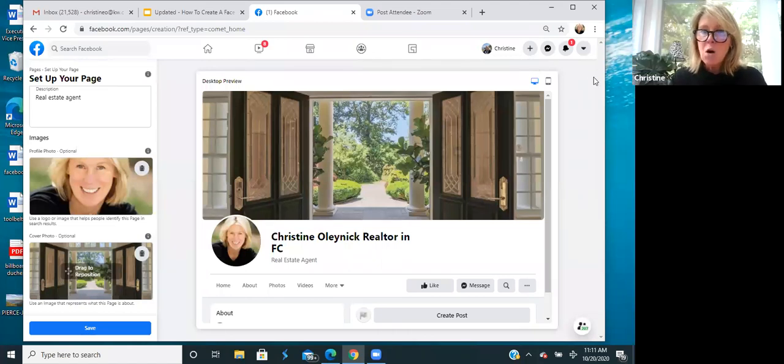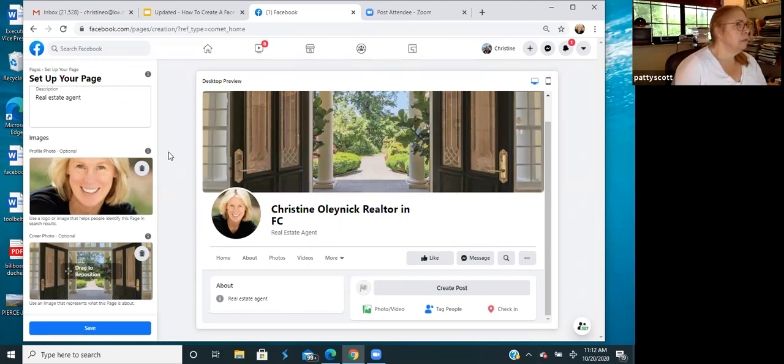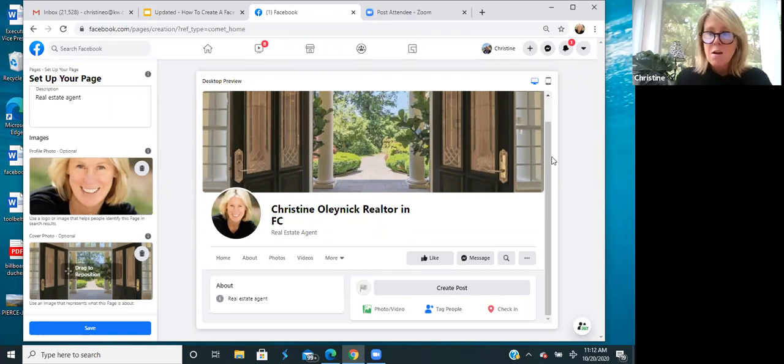Okay, so now everybody else who's on here, hold on, I'm going to move y'all over here. Has everybody picked their cover picture and their profile picture? I'm still looking on the cover. Okay, take your time, everybody. For everybody else who has put up both their pictures, now we're going to create a post.